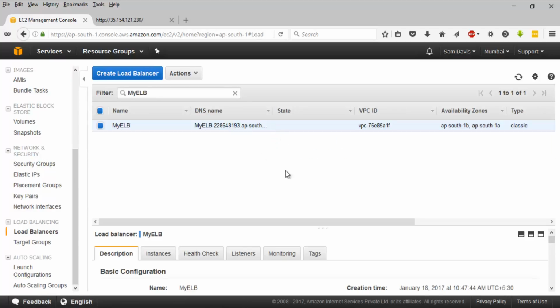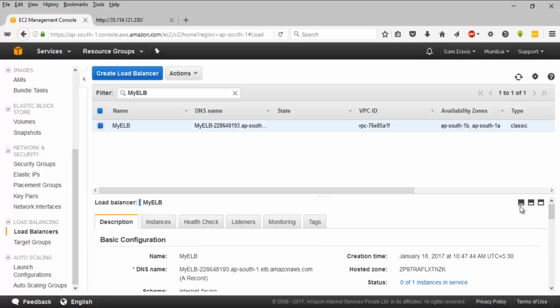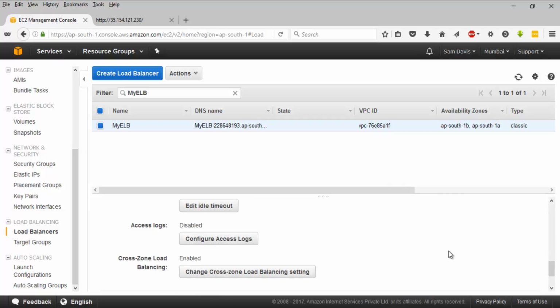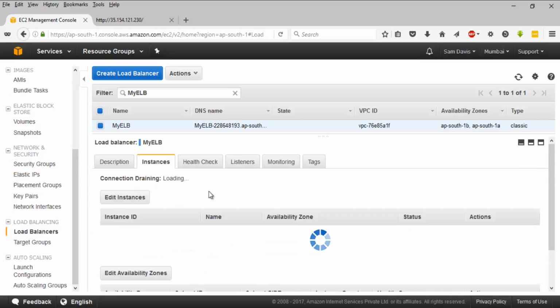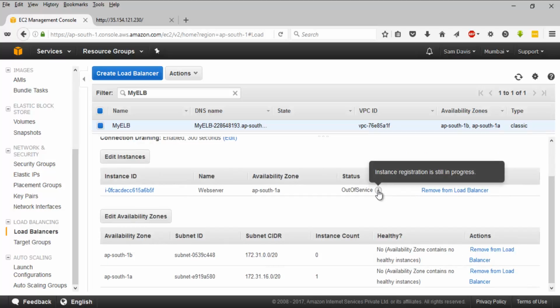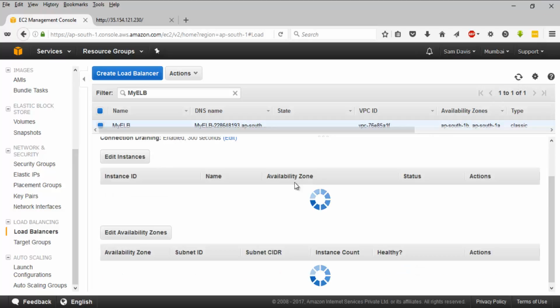What I want to do next is navigate to this section. So this is our ELB. Let me bring this one up and navigate to the instance section. It is saying that it is out of service, but remember, we'll have to wait for that interval. I believe the healthy threshold, we have set it as 3 or something. So 3, and the interval timing is 10 seconds. So altogether we'll have to wait for 30 seconds. So let's wait for some time, and let's refresh this.